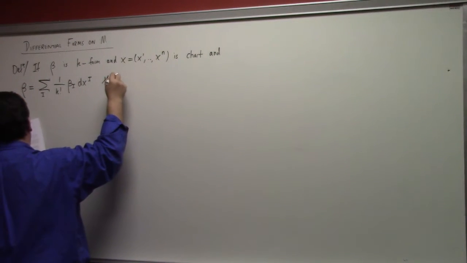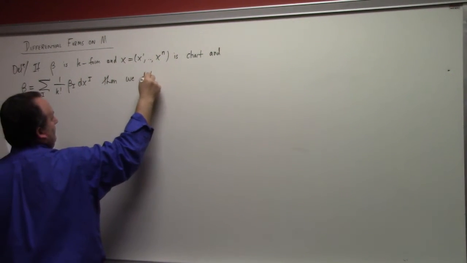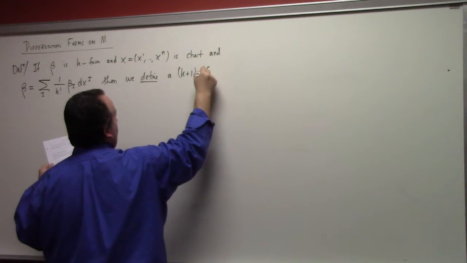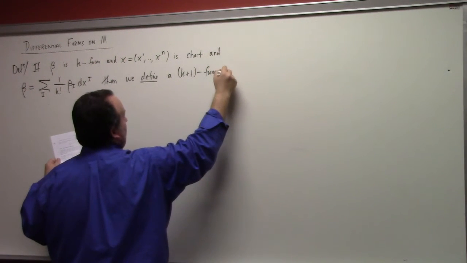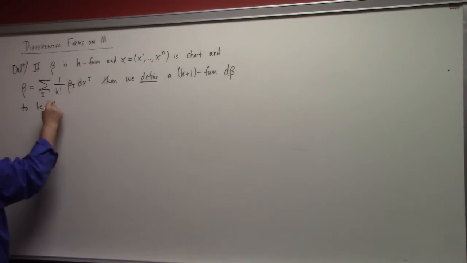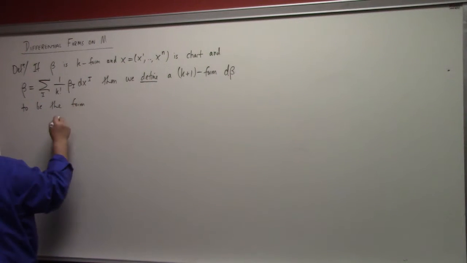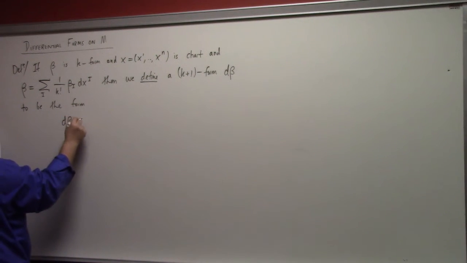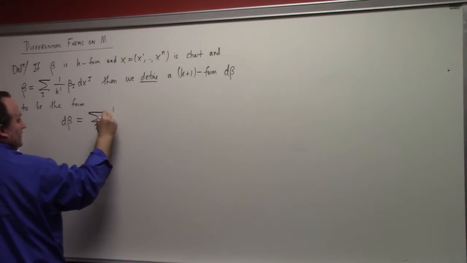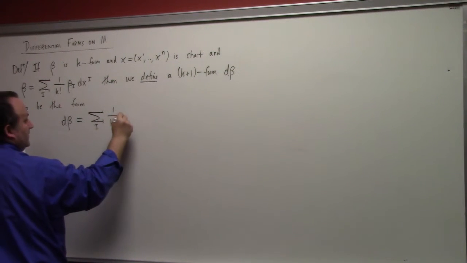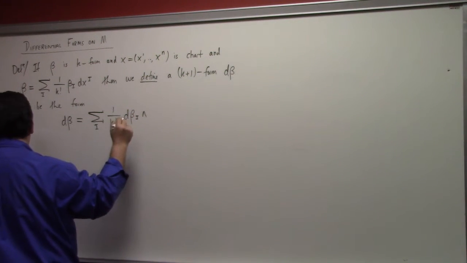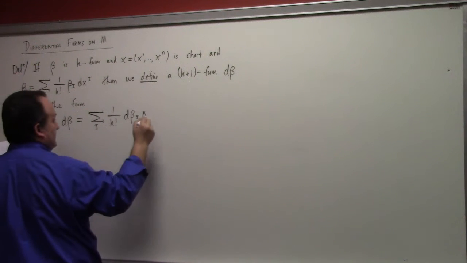Then we define a k plus 1 form denoted by d beta to be the form as follows. In particular, d beta is equal to the sum over multi-index I of 1 over k factorial d beta sub I wedge dx I,